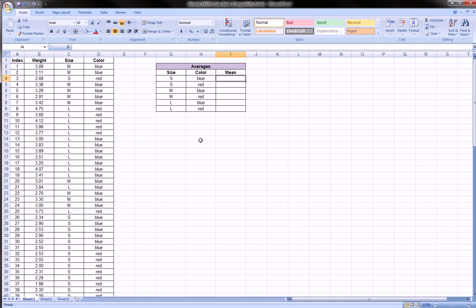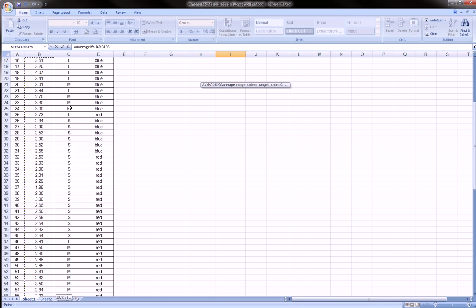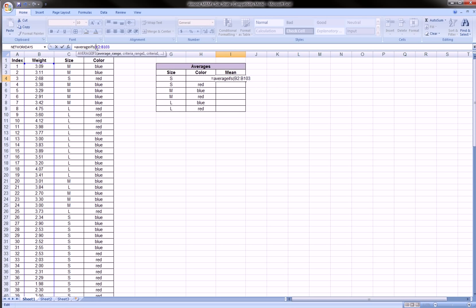Okay? So we're going to use equals AverageIFS with an S, open parentheses. The first argument is the average range, and that's our weight column. So we're going to highlight that entire column, and we're also going to absolute reference that column. Okay, I have to manually type these dollar signs,